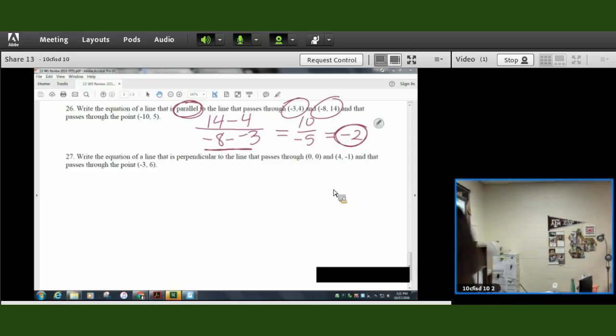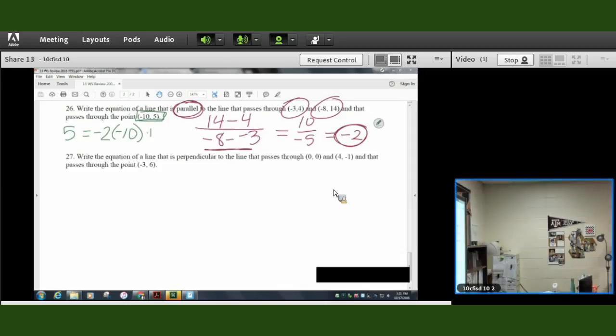Well, if you want to find b, do you want to do it that way? Okay, we're going to do the y equals mx plus b way, but you can also do the point slope way. Which point do y'all want to use? Let's all use the same point. Negative 3, negative 10, and 5. Oh, duh. We have to use this one. Okay. Y equals